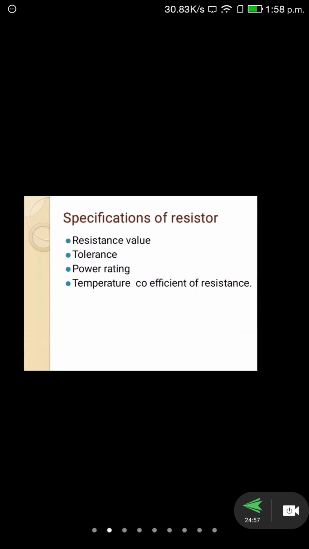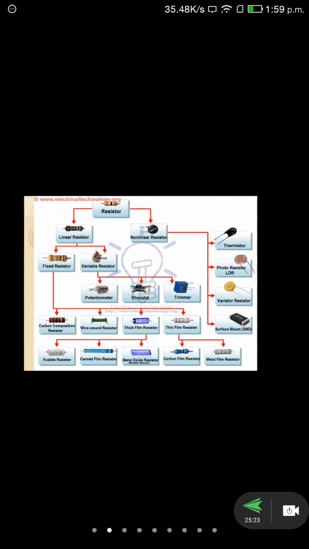Resistance value is the value printed on the surface or indicated with the color code. That value we call the resistance value. So the value printed on the surface of a resistor or given by means of a color code is called the resistance value. If we go to the previous section, in the case of the resistor, a color coding will be indicated, like green color, black color, then brown, so different colors will be indicated.